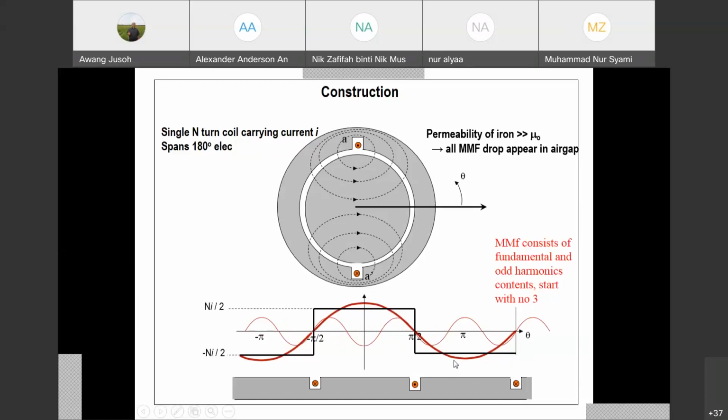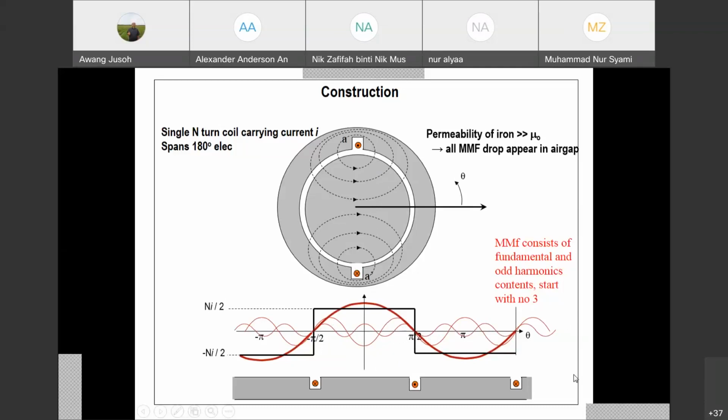From here, one cycle. You have the first cycle, second cycle, third cycle. So in one cycle of the fundamental, you get three cycles. That means this is the third harmonic. If your frequency is 50 Hz for the fundamental, the frequency of the third harmonic equals 150 Hz. Simple like that. It also consists of harmonic number 5, another harmonic inside the MMF, with 5 cycles: 1, 2, 3, 4, 5. So this is what we mean by harmonics.